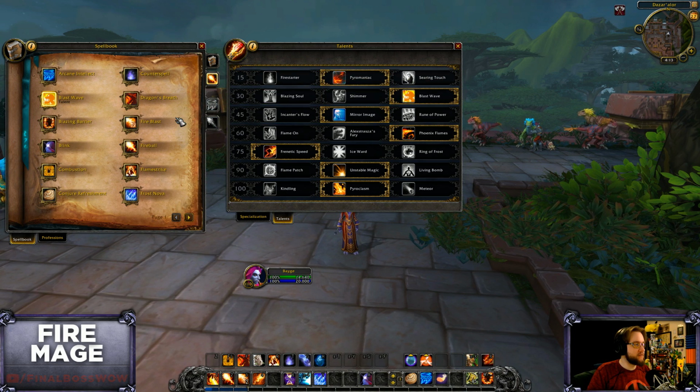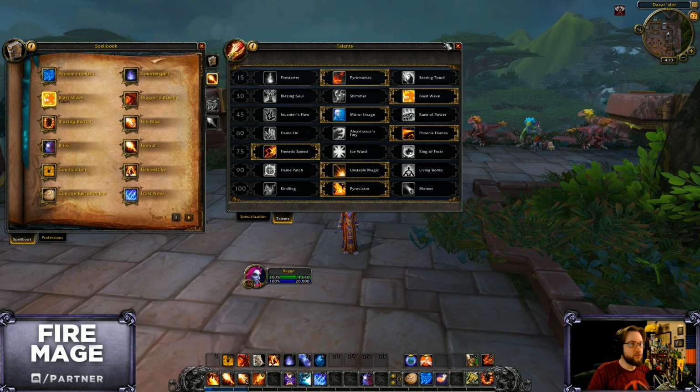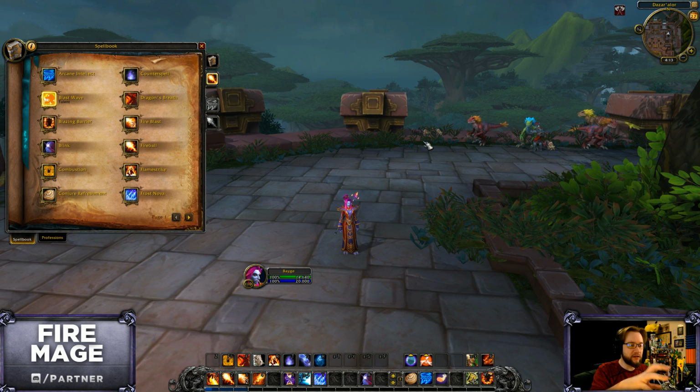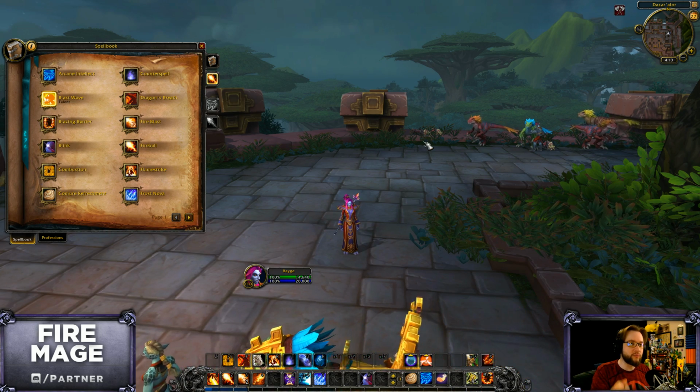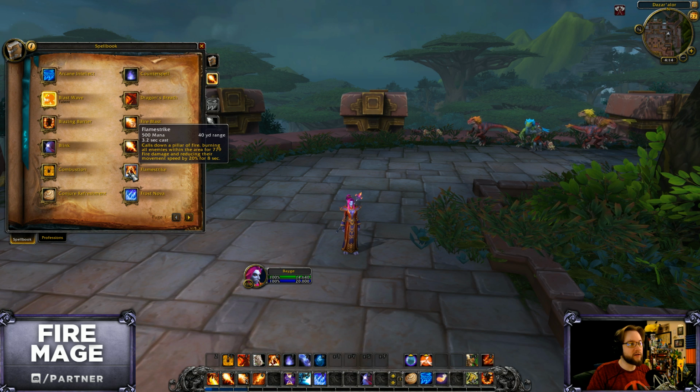Some big things of note right off the bat here is because of the change to utility in the kit of every single spec in the game towards slows, snares, knockbacks, and stuns, etc. Those have all been toned way back so that when you actually specialize in doing something like that or bringing that to your group, it is more powerful. The first one up to bat here is the snare, the slow, on Flame Strike is now way more of